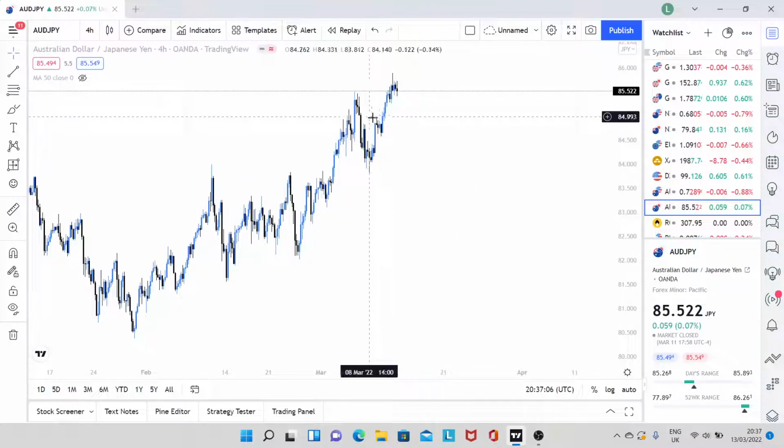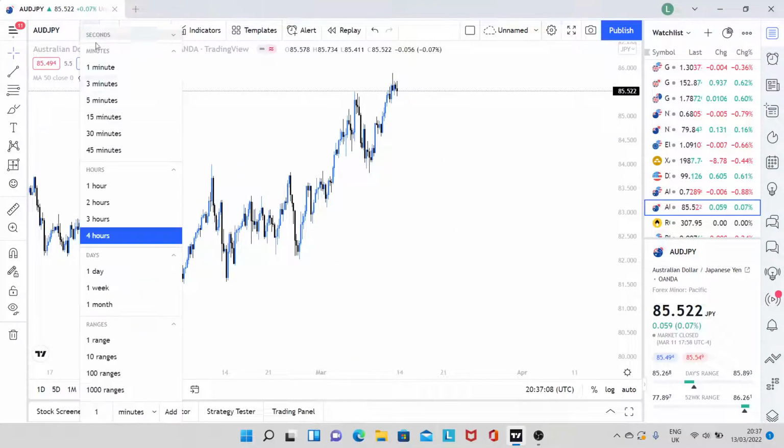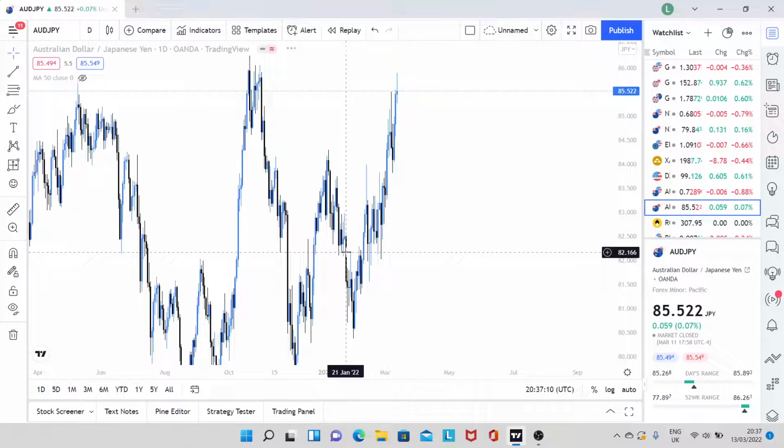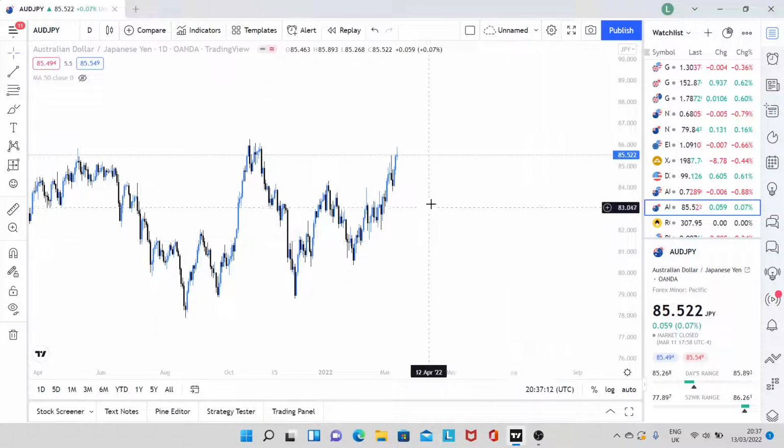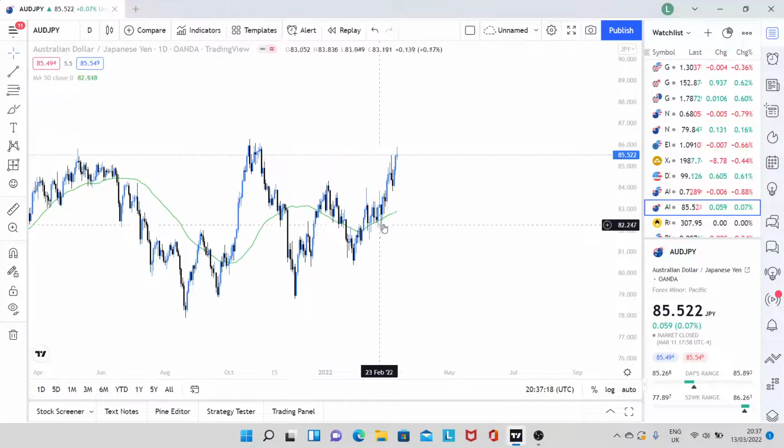And the last currency pair, AUDJPY on the 4 hour, just straight away looking for buys. The daily, looking for buys as well. Trading upwards here. I'm pretty sure price will also be below. There you go. Price is broken above. So the moving average is below. So we're going to be looking for ideally buys.